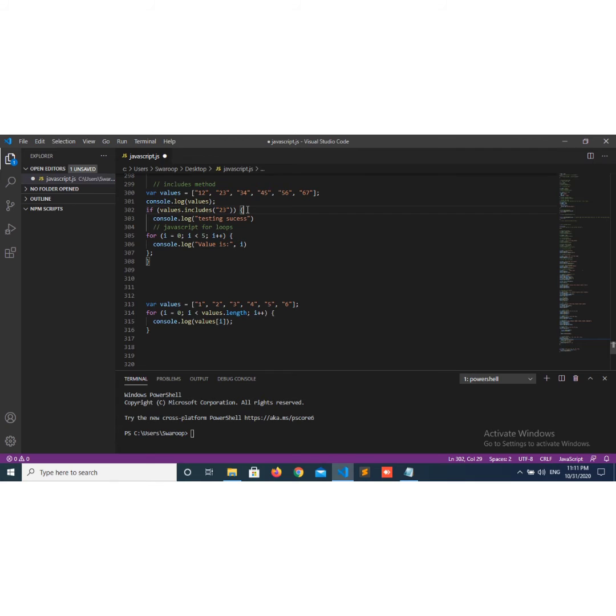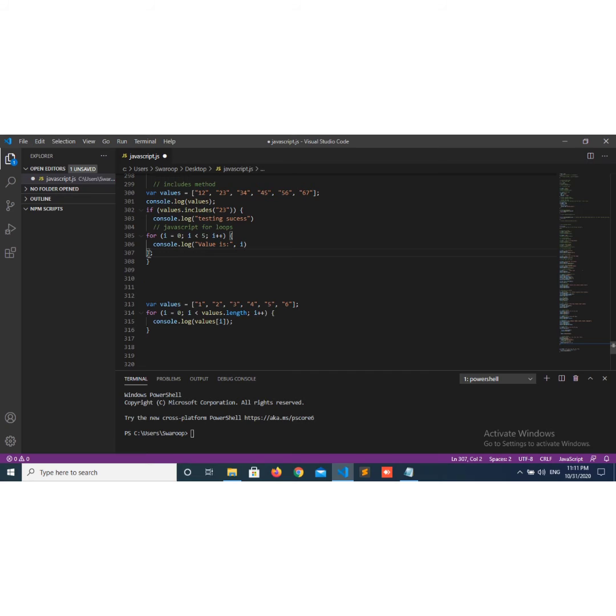If condition open bracket. I want to jump to this closing bracket. I just click on Control plus Shift plus backslash. This closing bracket is here, so I jumped from open bracket to closing bracket. Okay, like this.